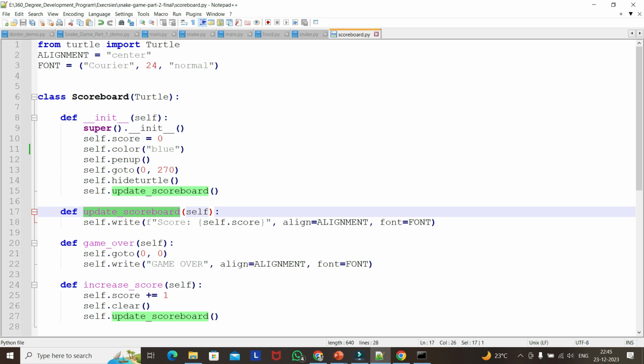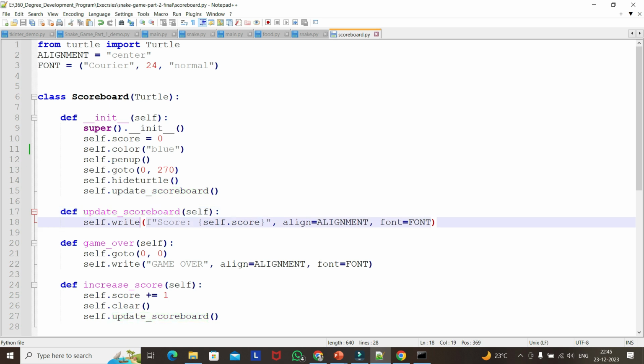So as of now, let's focus on only this function, update score. We need to update the score whenever the snake object has eaten the food. Generally we are just showing this one. So what we are doing is increasing the score by +1 whenever this function or method is called,